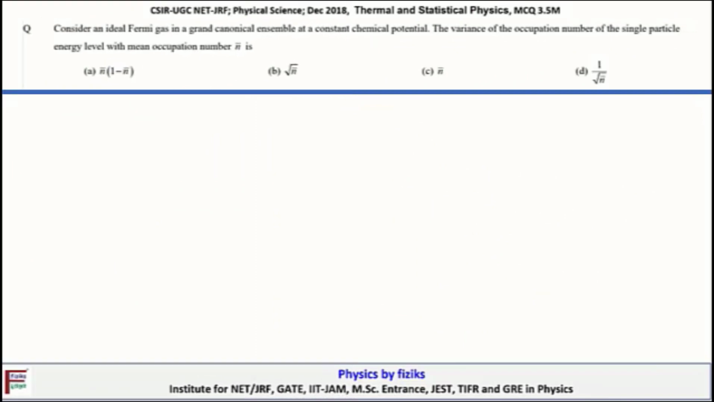Let's continue with the next question. The statement is: consider an ideal Fermi gas in the grand canonical ensemble at constant chemical potential. The variance of the occupation number of a single particle energy level with mean occupation number n var is... Let's try to understand this problem. The variance of the occupation number,